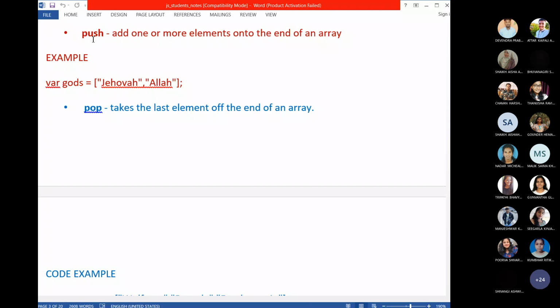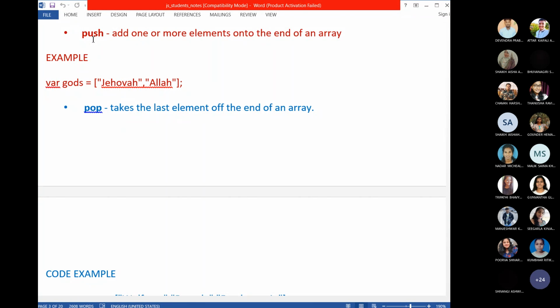If you look at the data structure of the array, the first element will be stored in the bottommost array memory. And then if you store the second element, it will be stored on the top of the first element.